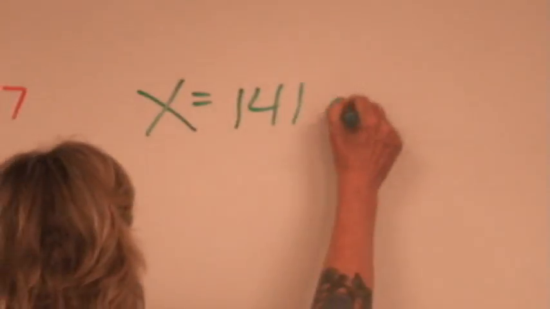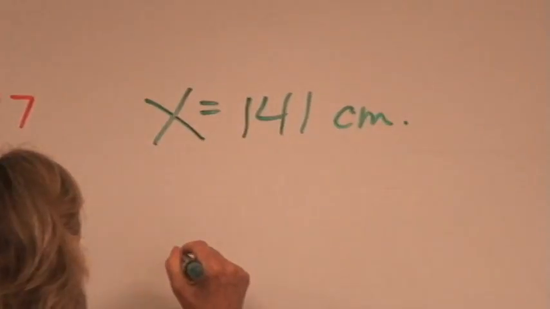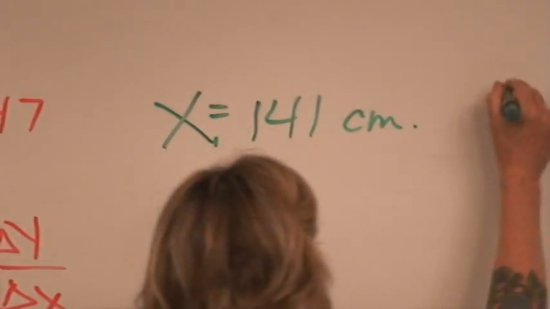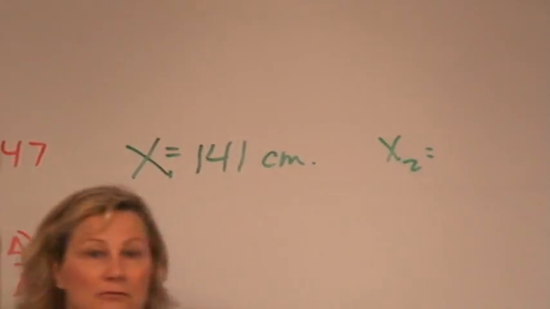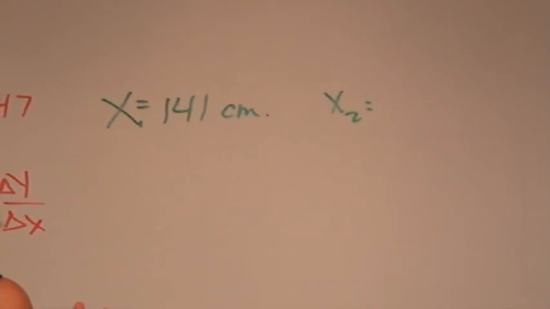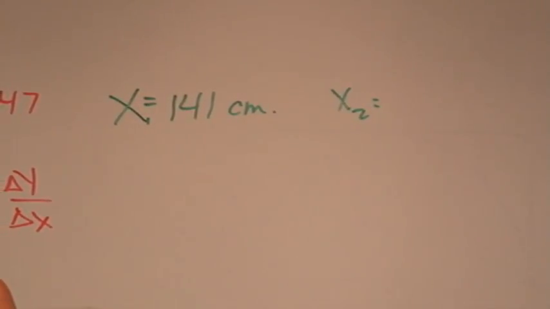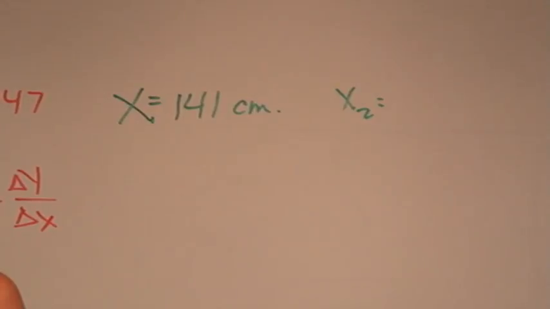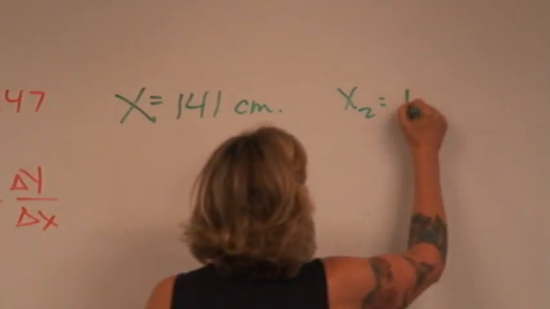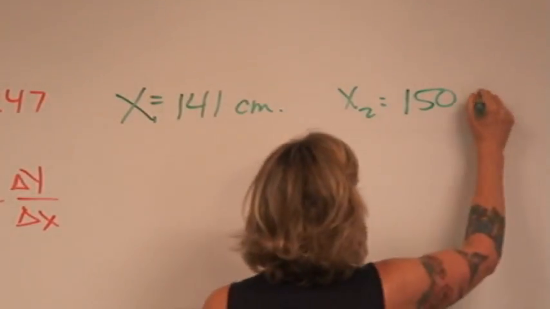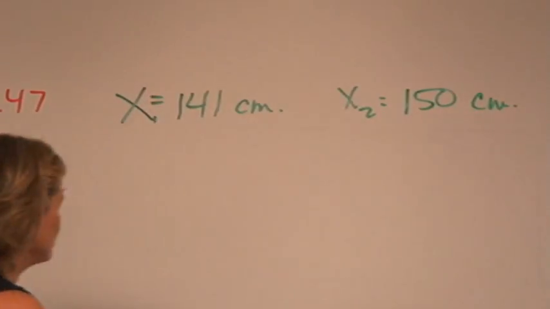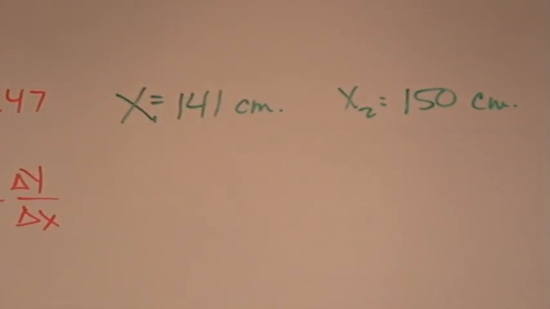141. Okay, so let's say a bear is 141 centimeters long. Somebody give me another X. Between 120 and 166. I mean, come on, how hard is it? Sorry? 150. 150? Okay, perfect. We will also estimate the weight of a bear that's 150 centimeters in length. Okay, so to do this,